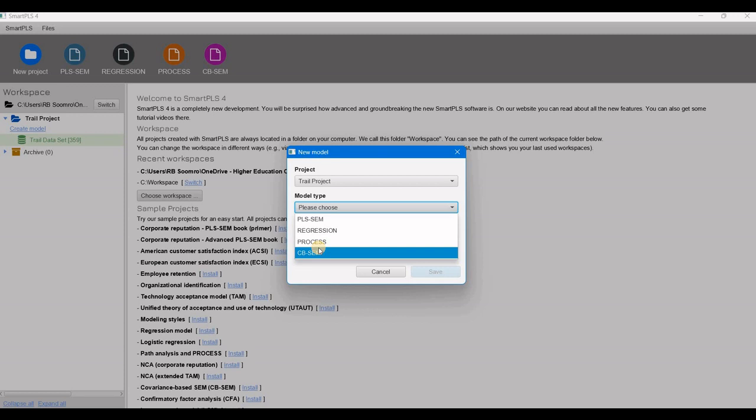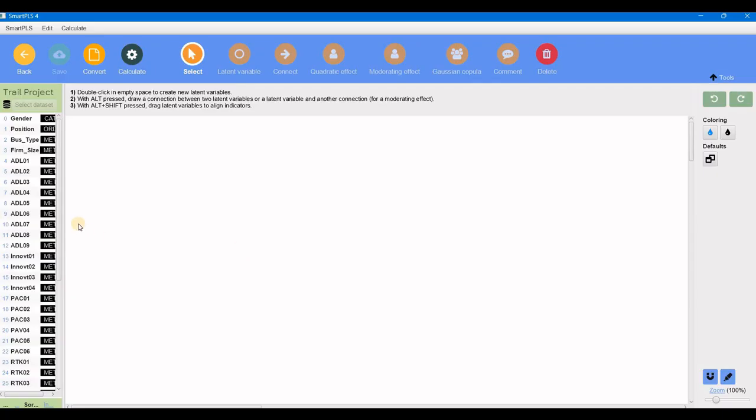So that's the major distinction between SmartPLS 4 and SmartPLS 3. The good thing is that you can also perform regression, process, and CB-SEM, covariance-based structural equation modeling. But here we are interested in PLS-SEM. So select it and then provide the same name. You can also provide another name, there's no harm, but it's mandatory to provide a name. So the project name we have given, save, and now